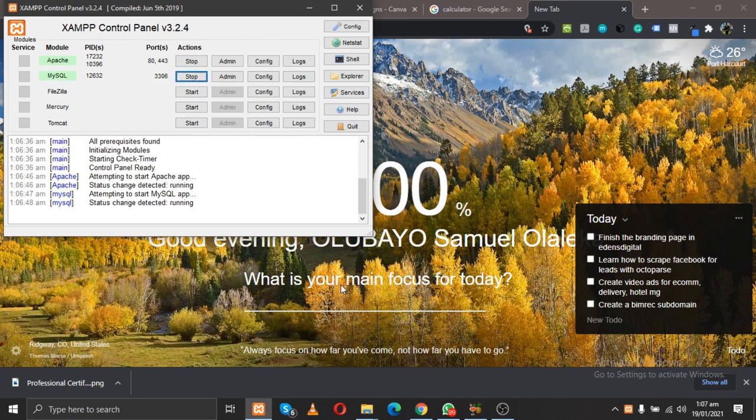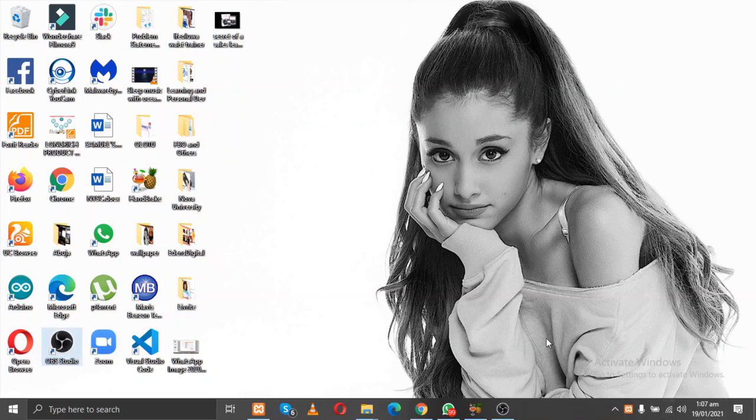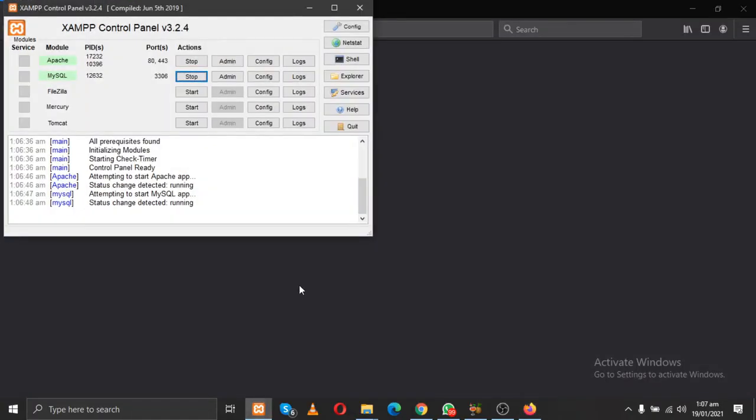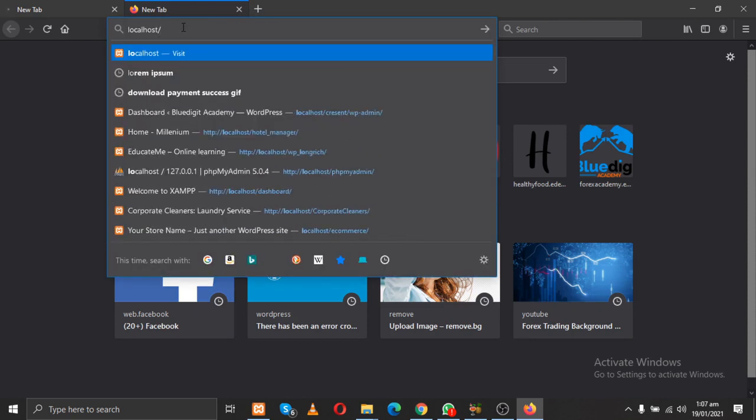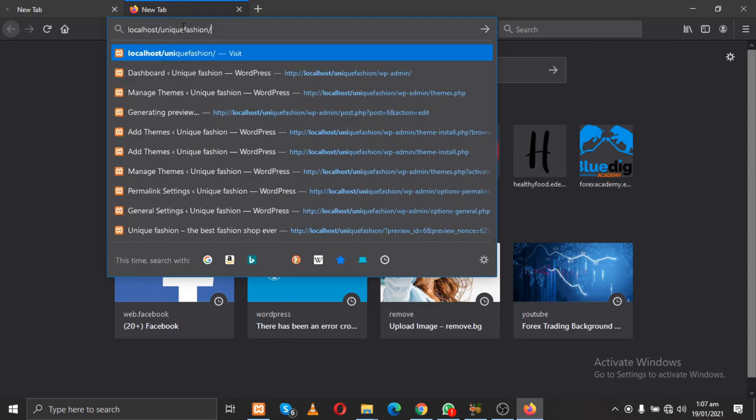Of course I'm going to go ahead and open my browser. Remember, I'm using Firefox for this class, so I will open Firefox. Remember, the first thing I did was to start Apache and start MySQL. It's not going to work if you don't start these things. Immediately after that, load up your localhost website. Mine is localhost/your website's name. The one I'm creating right now is uniquefashion/